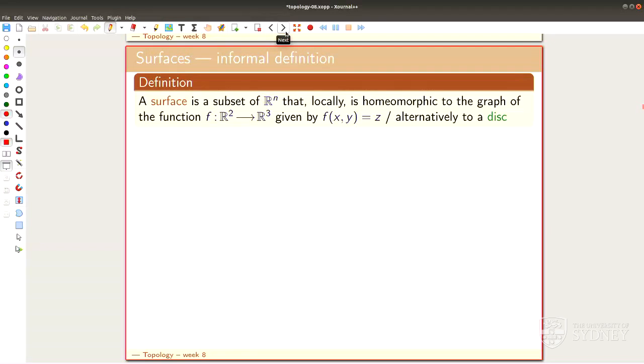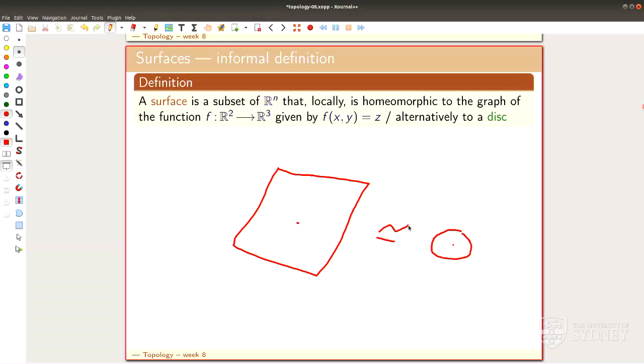Okay, a surface, I will show you pictures in a second, but a surface is something that is locally flat. It's locally a disk. Well, I say it's either a coordinate plane, so locally means for every point you have a neighborhood that is a coordinate plane, or for every point you have a neighborhood that is a disk, and I already showed you that this is actually the same anyway. So you can think of either having disks or coordinate planes at every point, but that's what I call a